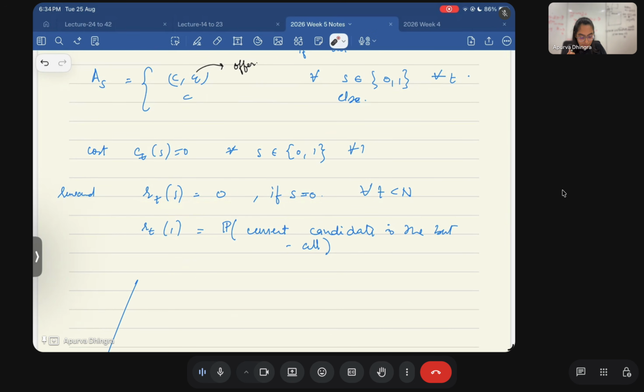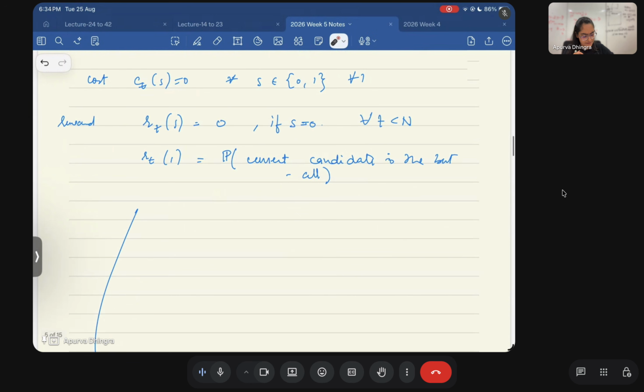But if you selected someone who is best so far, your reward is the probability that the current candidate is the best amongst all. With that probability, that's what is your reward. Meaning, if you manage to get the best person, you'll get a high reward. If you didn't, then your reward will be dependent on that, and it'll also depend at what time step you are. So if suppose the best candidate is the last one, so okay, let's take the example more carefully